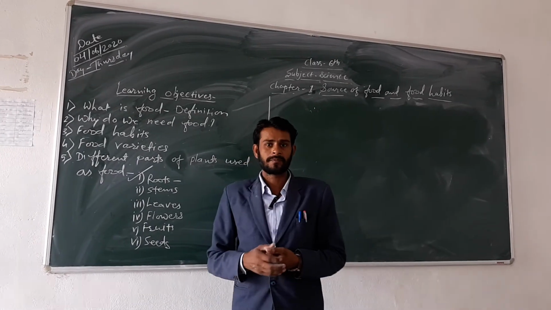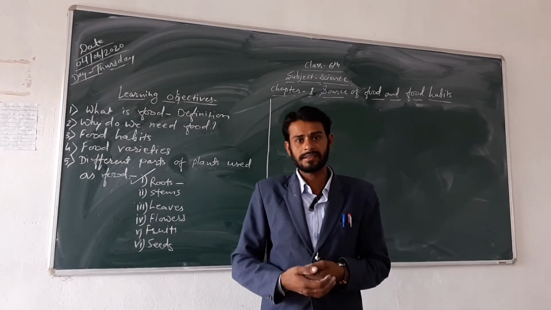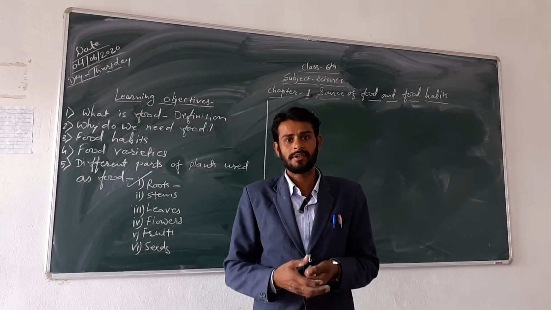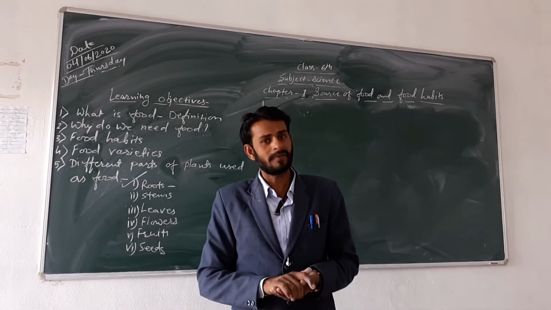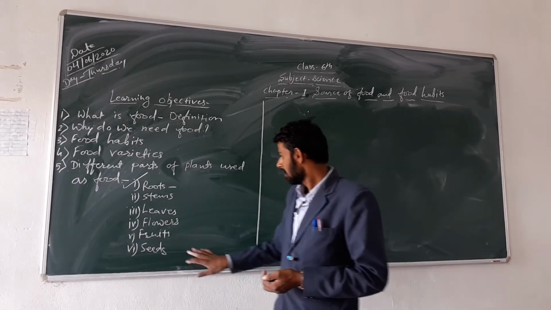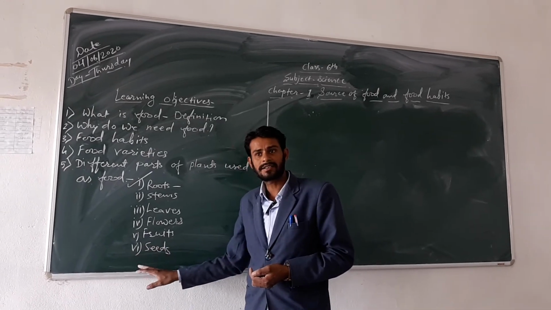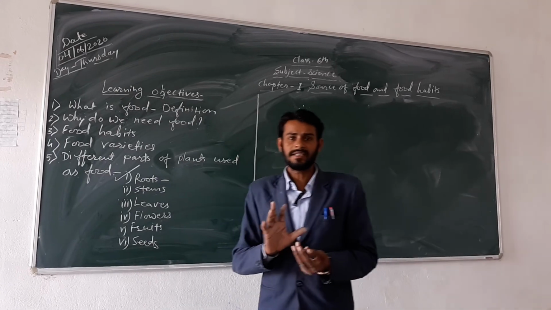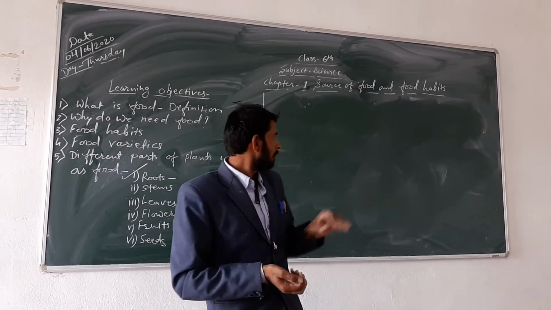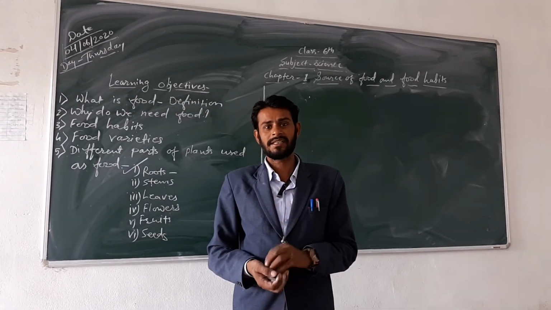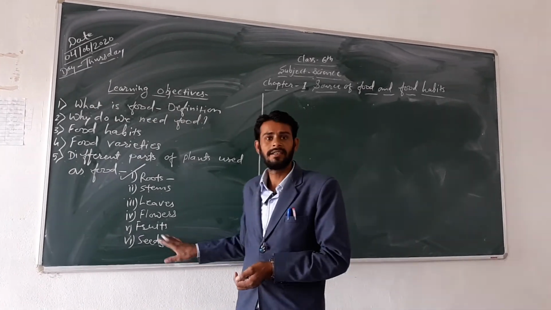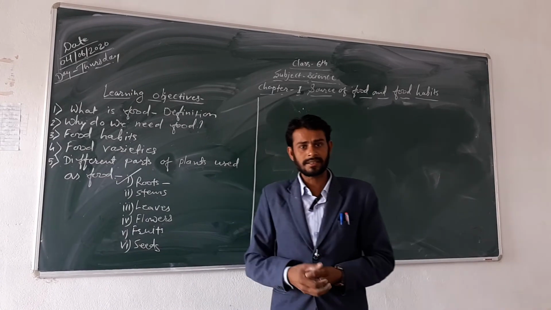Dry fruits: almonds, walnuts, cashew nuts, etc. These are the dry fruits which are the fruit part of the plant that we eat. Now let's reach the last point, and that is seeds. In seeds, all the grains, pulses and oil seeds fall in this category that are also used as food.